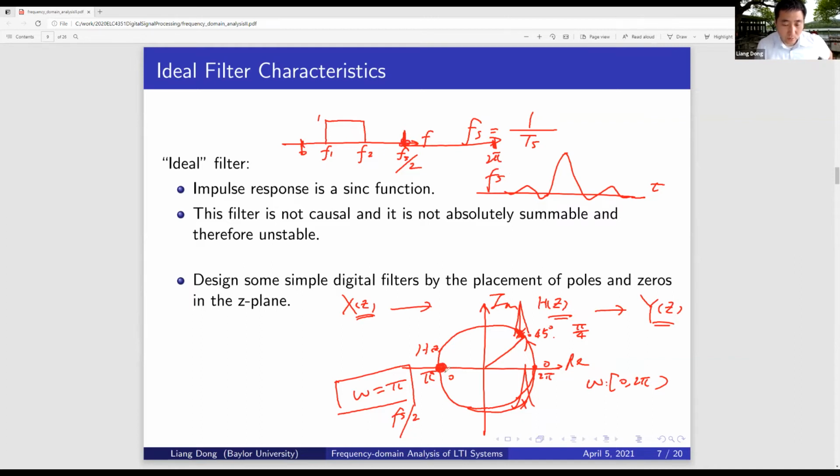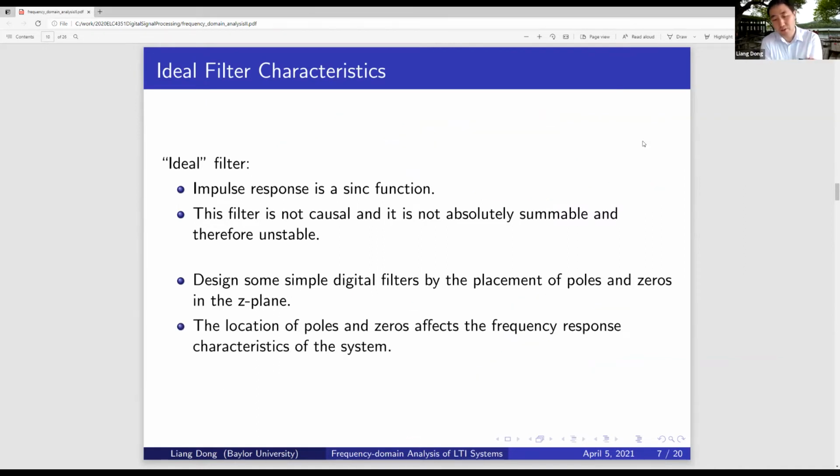In this case, what I did is I have a low pass filter. Low frequency will let it go, but high frequency is nullified. The location of poles and the zeros affects the frequency response characteristic of the system. And we will see an example. I think we did that example before, but this time we have a filtering frequency analysis we can look at